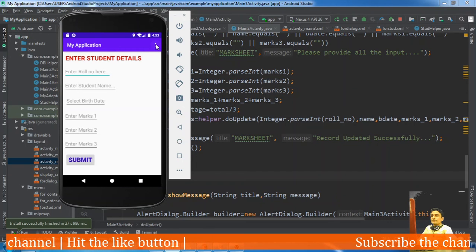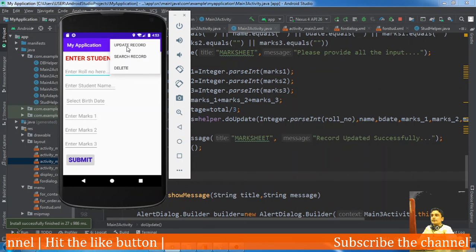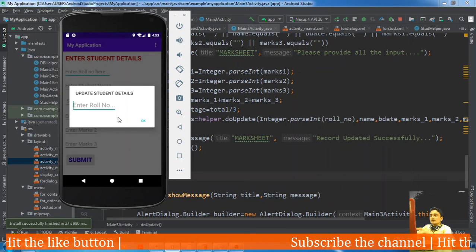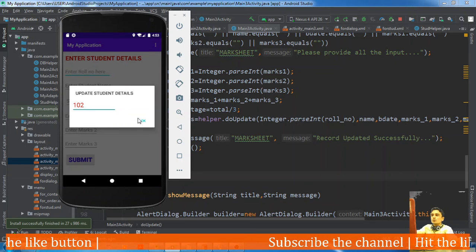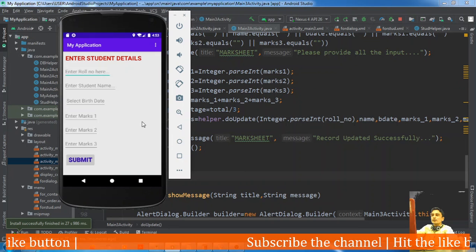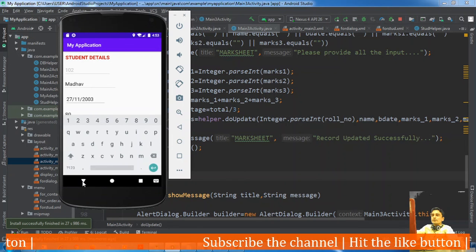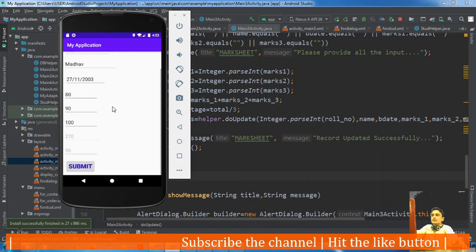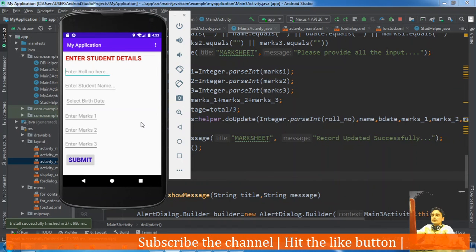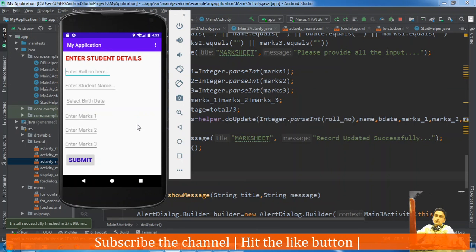See this update 102. Okay, if client submits, record updated successfully and the previous activity appears.